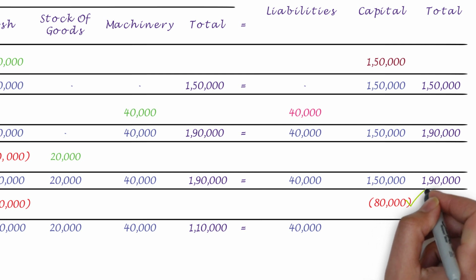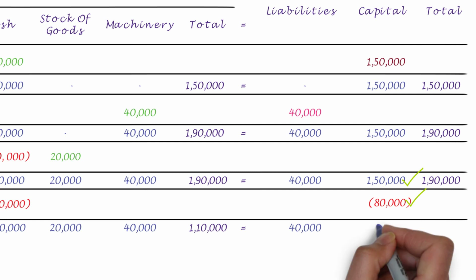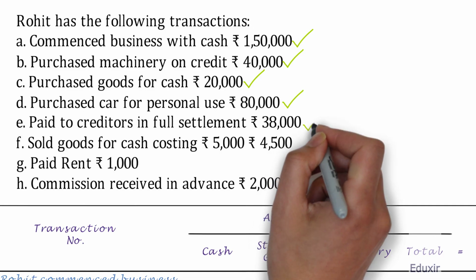Subtracting 80,000 from the existing capital of 1,50,000 rupees, the business now has a capital worth 70,000 rupees. The total of the liabilities and the capital would be 1,10,000 rupees. That covers the fourth transaction. The fifth transaction is